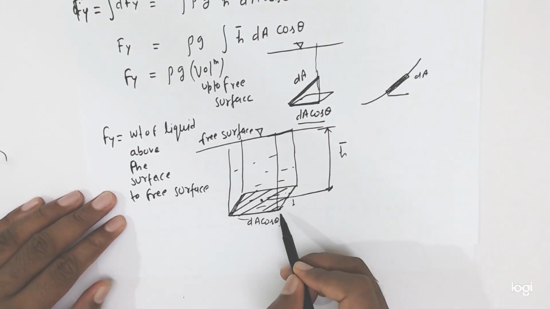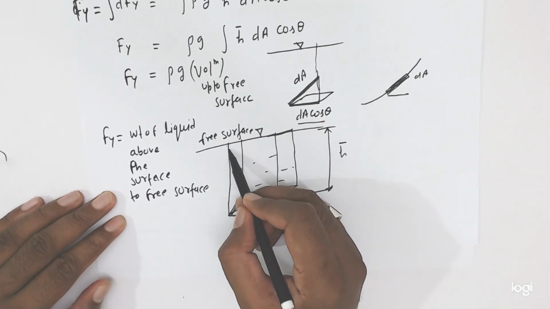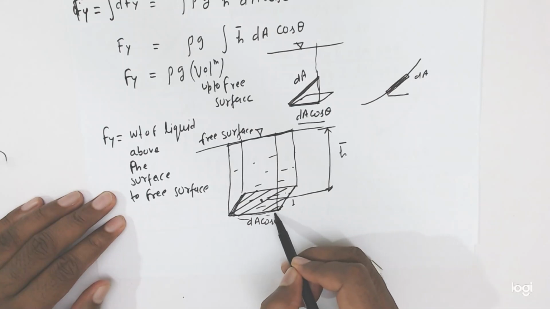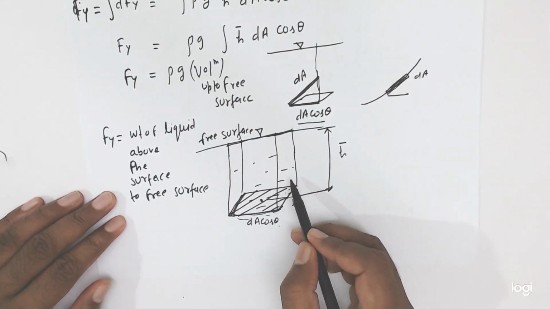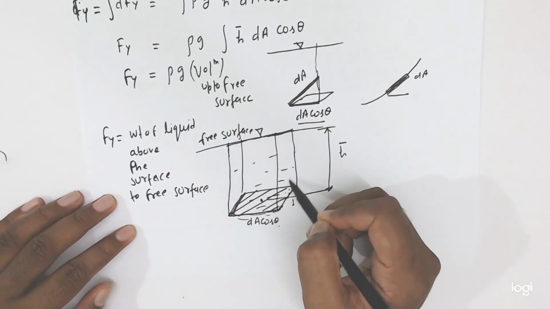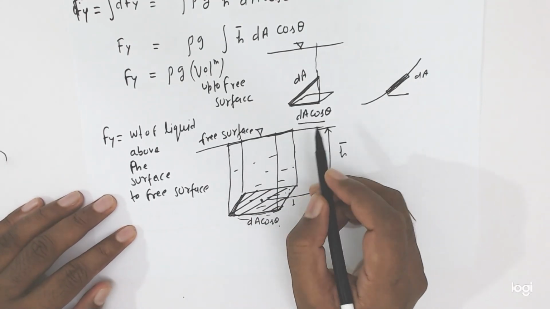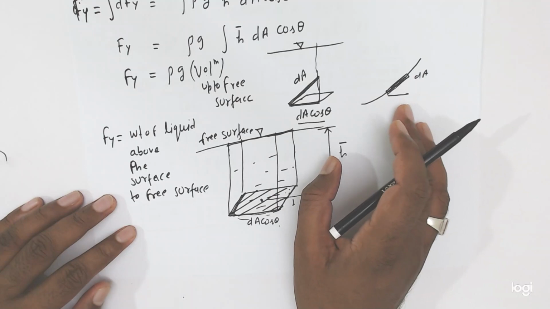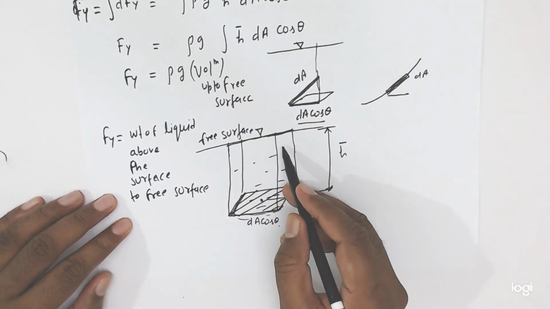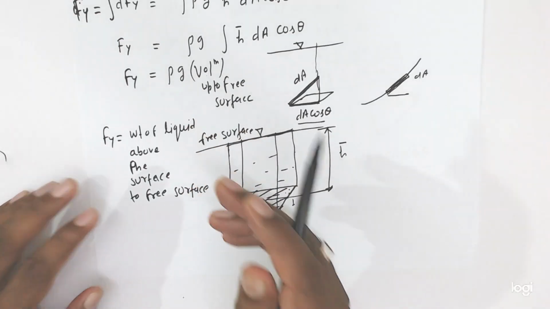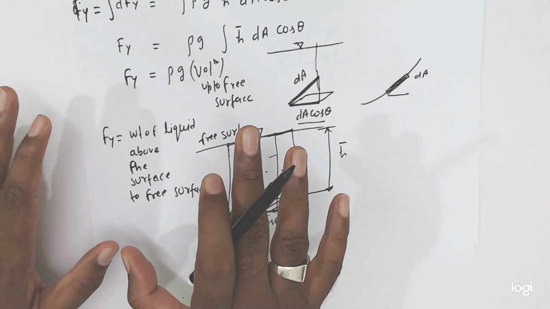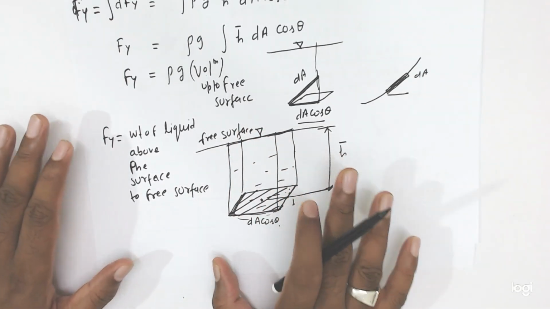It means फ्रेंड्स, जो भी लिक्विड का वेट होगा दिस सरफेस, अब यू कैन से दिस प्लेट एरिया अप टू फ्री सरफेस, तो जो भी यह वॉल्यूम और वी कैन से वेट कंसीडर करेगा, यही हमारा वर्टिकल फोर्स होगा। ओके फ्रेंड्स, गेटिंग? इस प्लेट के ऊपर जो भी वॉल्यूम होगा उसको हम रो जी से मल्टीप्लाई करेंगे तो हमें वेट मिल जाएगा, तो इस एरिया के ऊपर जो भी वेट होगा वही हमारा वर्टिकल फोर्स होगा।